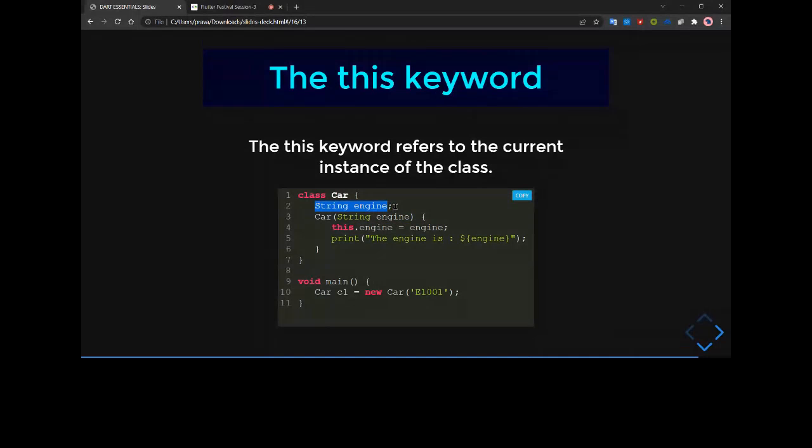They have another memory address, not the same memory address. And by using the this keyword, we are initializing this value. This dot engine here uses this variable, and we are initializing the value that we send from here into this string. Okay,